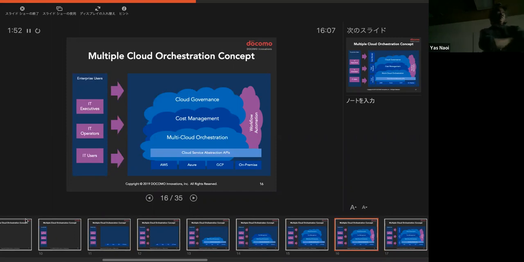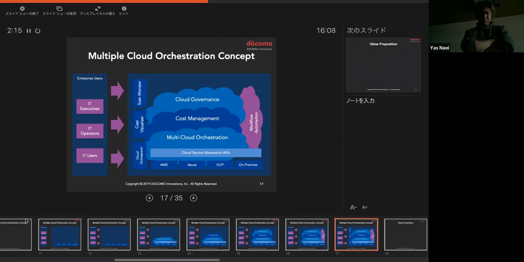Well, the benefit is kind of a disadvantage right now. So we want to manage the cost. And Docomo is highly concerned about privacy and security, so we want to have some governance in the cloud. So we want to automate this kind of process and workflow as a system.